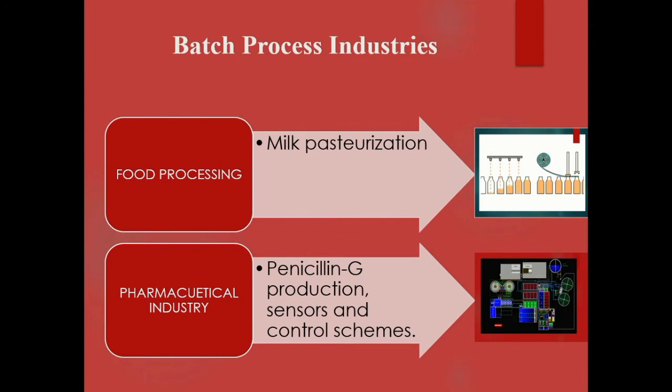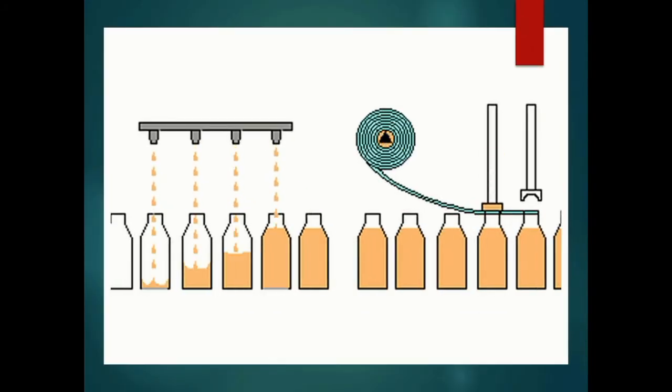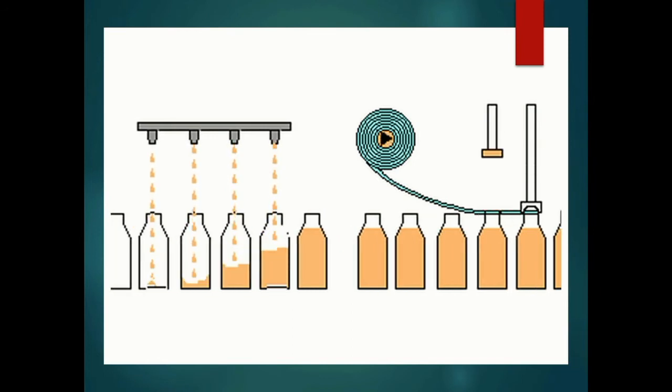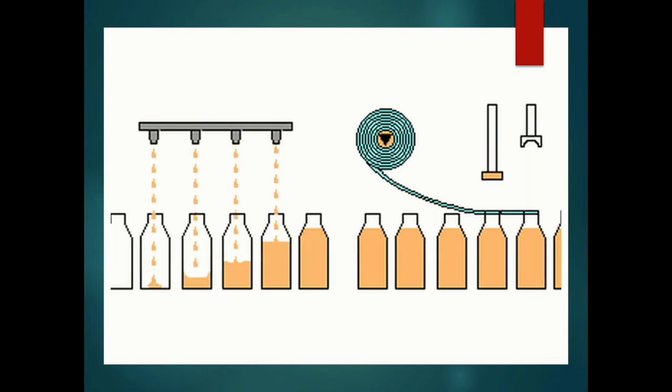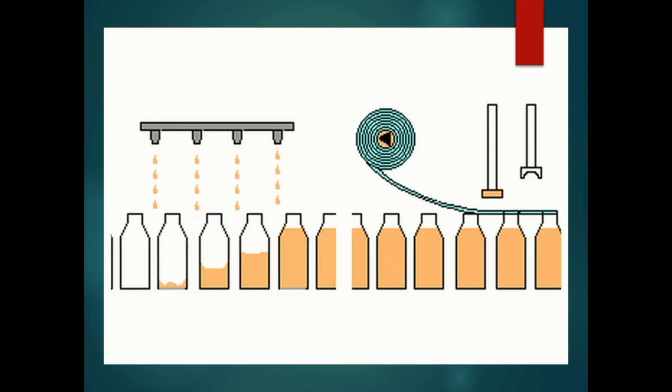Next part is a batch industry. As I said, the food industry. In the food industry we are going to see one industry, that is the milk pasteurization industry. This is a very famous industry and a very great business. As you all know, Amul is standing in the top 10 of milk production all over the world. So it is really a huge industry, not only in India but also abroad. So what is the automation involved in that, what is the process involved, how the pasteurization is affecting, or what is the role of pasteurization throughout this milk processing.